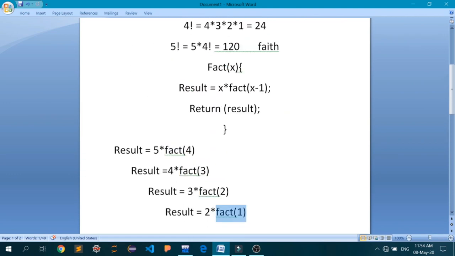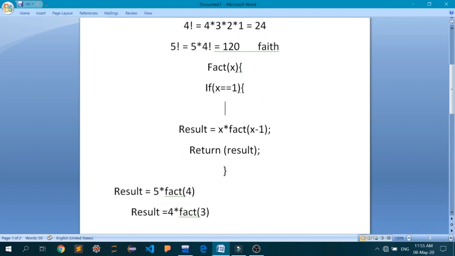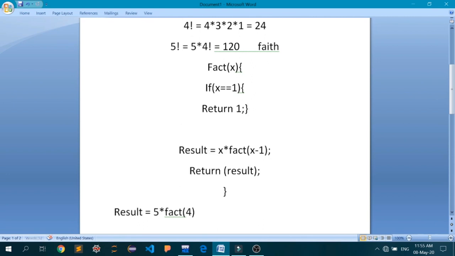Okay, so I will insert an if condition here. So if x is equal to 1, then we return 1. Okay, and else I'll return this.